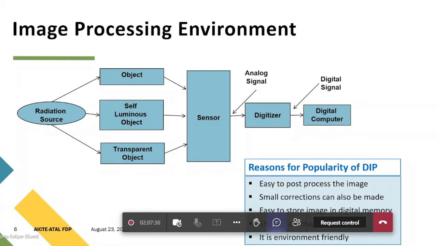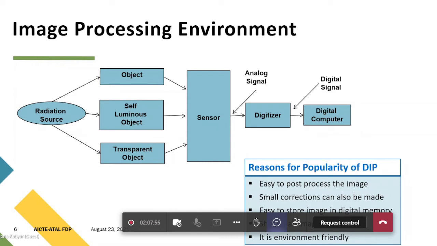If there is some deterioration in picture quality, you can increase the brightness and set the contrast. If required, you can reduce the size. So once you have taken the picture, small corrections can be done.